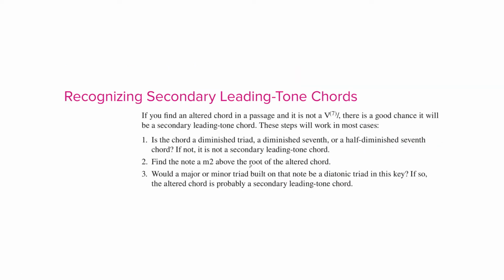If you have difficulties with recognizing secondary leading tone chords, you could use the same method in the quasi-reverse order. Let's say you are looking at a score and you have seen a chord that doesn't belong to the actual key. That means it is a non-diatonic chord. If this chord is a diminished triad or a diminished seventh or a half diminished seventh, it could be a secondary leading tone chord. First, take the root of the